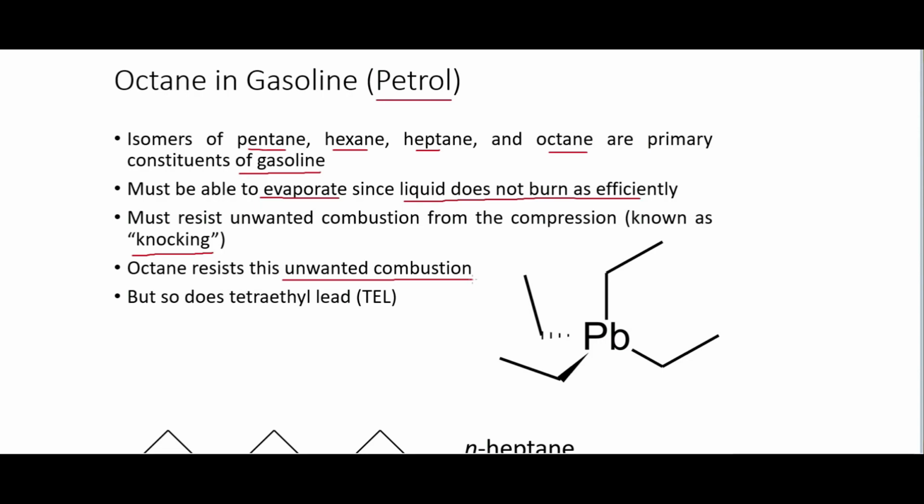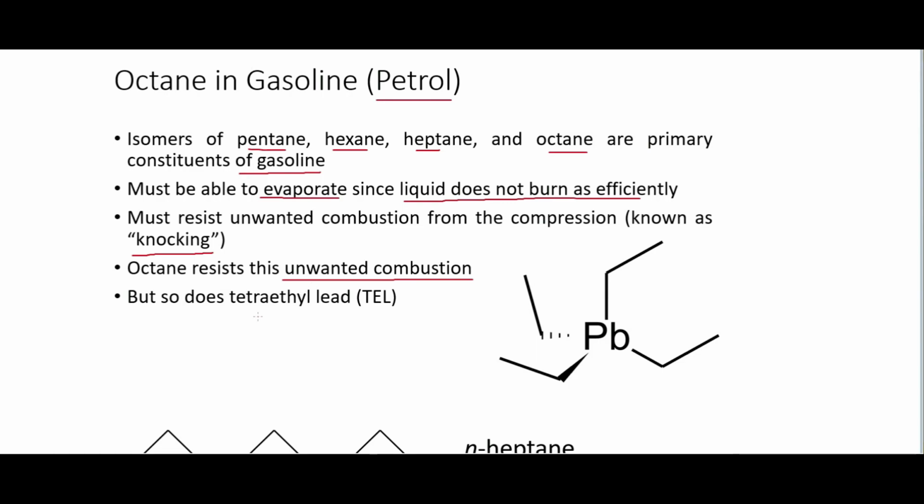So octane resists this unwanted combustion really well. And so that's why higher grade petrol or gasoline, the higher grade fuels, will have higher octane ratings. And you'll also notice that it's often called unleaded. And that's because